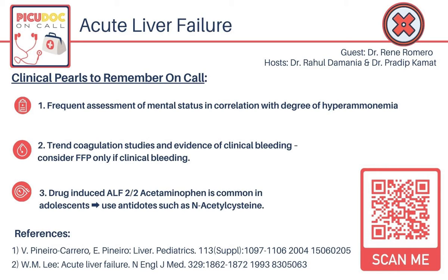An 18-month-old with history of biliary atresia is admitted to the PICU after orthotopic whole liver transplant. He is admitted to the PICU intubated with Doppler ultrasound showing vascular patency postoperatively. AST and ALT are pending. You are the intensivist coordinating care with the transplant and hepatology team. Dr. Romero, we wanted to start with you and talk a little bit about what are common indications for pediatric